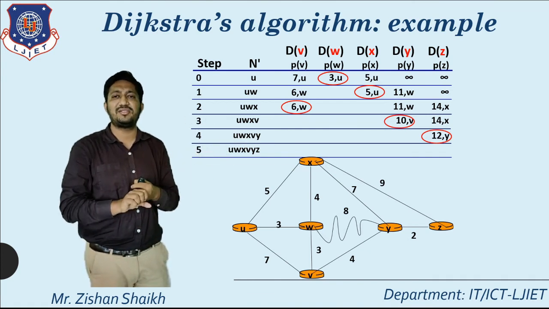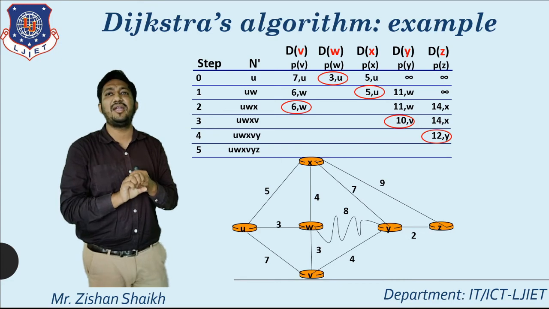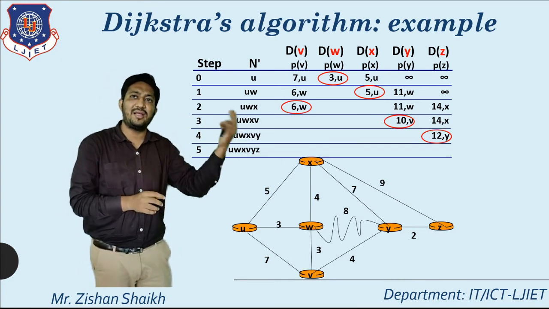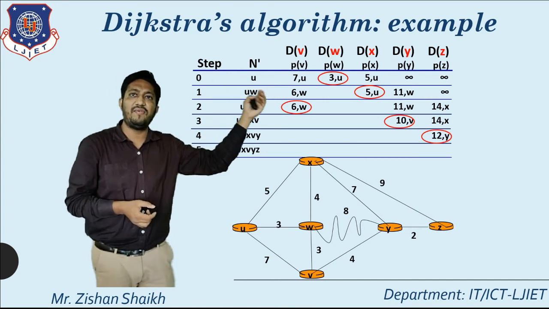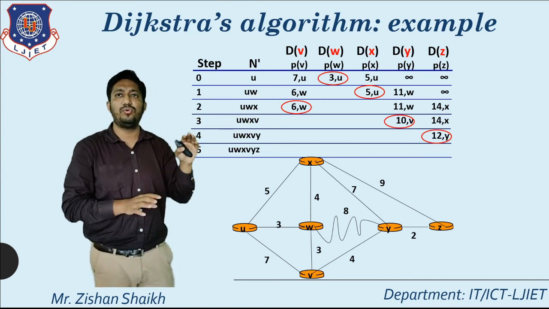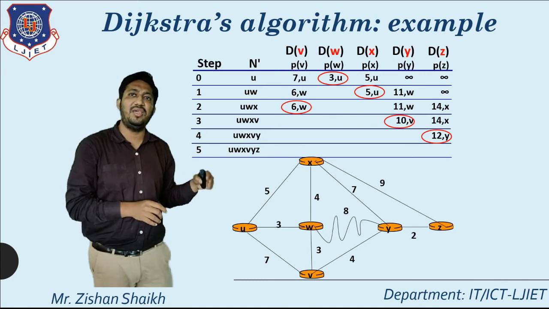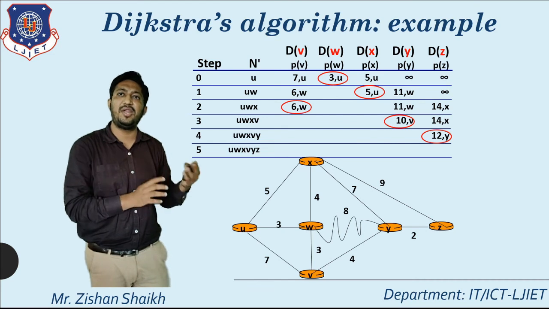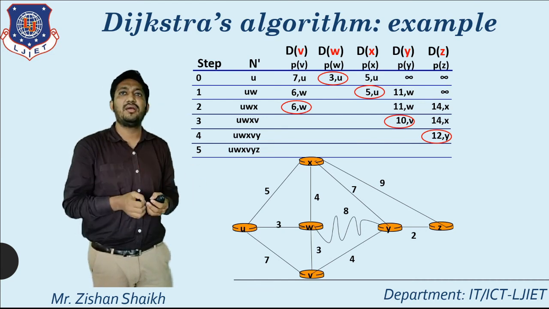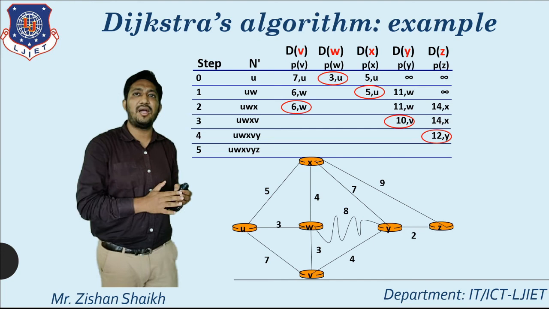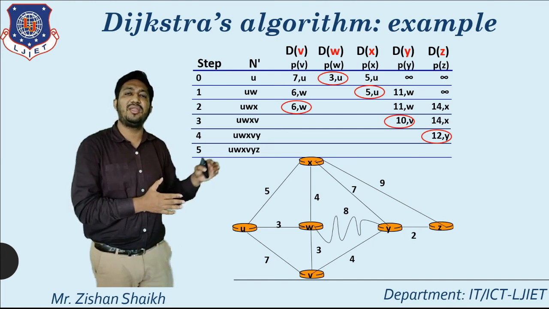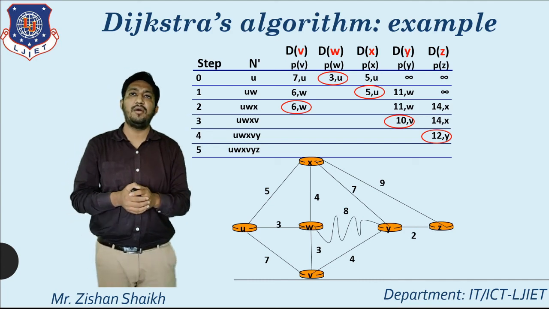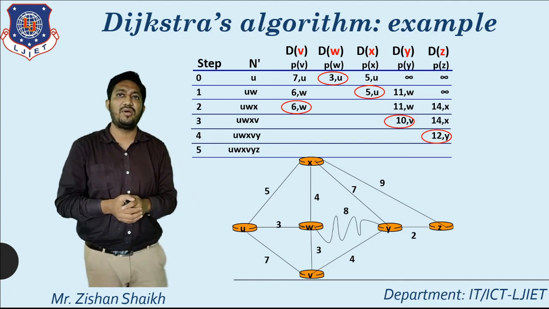So according to the discussed algorithm, we have to share the data to our neighbor nodes. That neighbor nodes having the direct connection, then we are putting the value. If they are not reaching, then we have to put the infinite. And after each and every iteration, we are flooding the values. If that data values are minimum than previous one, then we are accepting, otherwise we are discarding. The flow will be continued to the next last node, and we are finding the minimal cost. So this is all about how the Dijkstra algorithm is working.